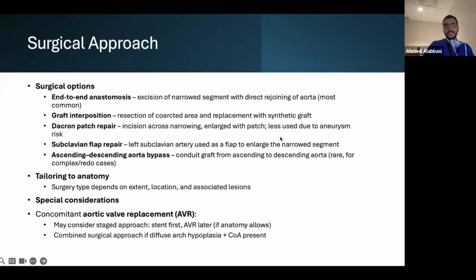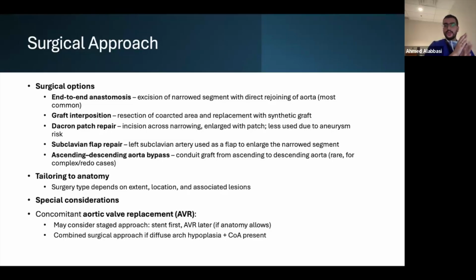So what are some of these surgical options? You can do an end-to-end anastomosis, where essentially there's excision of the narrowed area and then direct joining of the aorta. A graft interposition, where you would resect the coarcted area and replace it with a synthetic graft. A Dacron patch, which is an incision across the narrowing, and then you would enlarge it with a patch,